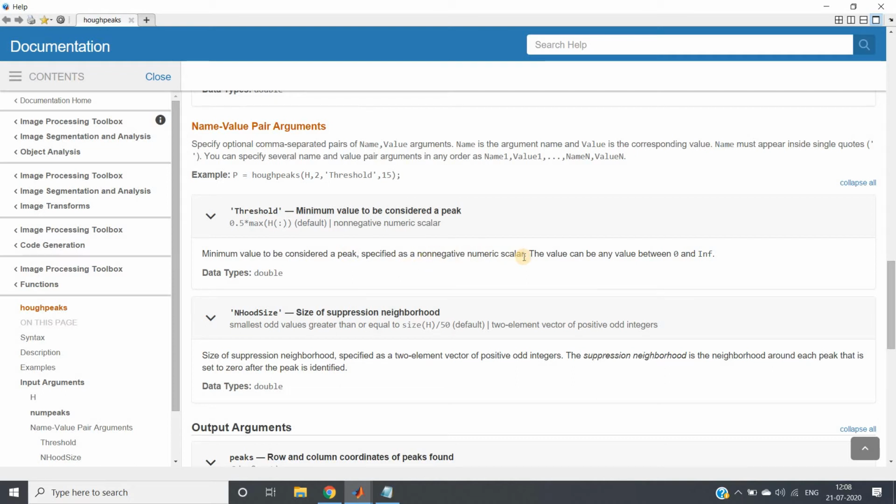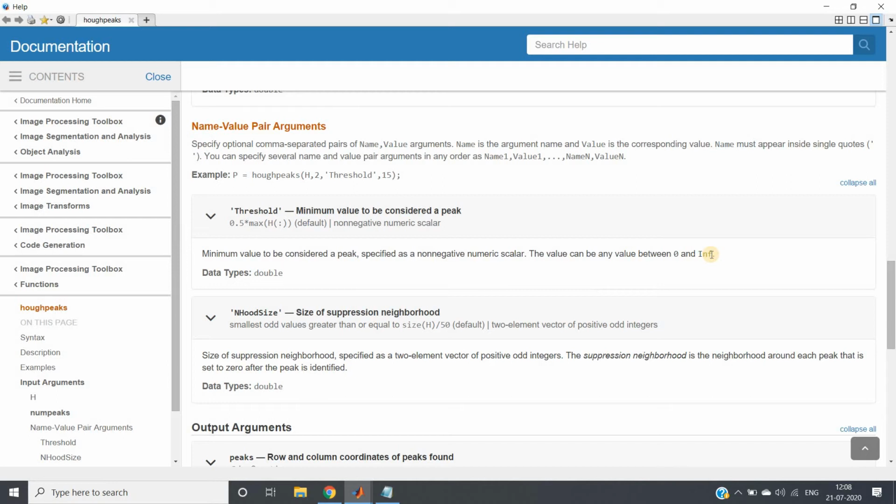That is, if any particular pixel intensity goes above the threshold we specify, then only that will be considered a peak. Among all those peaks which satisfy the threshold condition, we will take 5 peaks. And obviously the threshold value ranges from 0 to infinity. Why infinity? Is it possible?